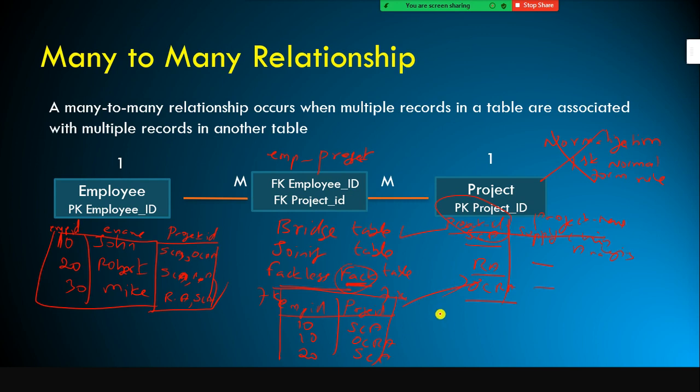Got it? So now if anybody is asking you, okay, there exists a one-to-many relationship between these two tables. So here you have only one record for each employee. For John you have one. See, I forgot to remove this one. Okay, this is not going to work out. This is not the right approach, hence I am going to strike it out.